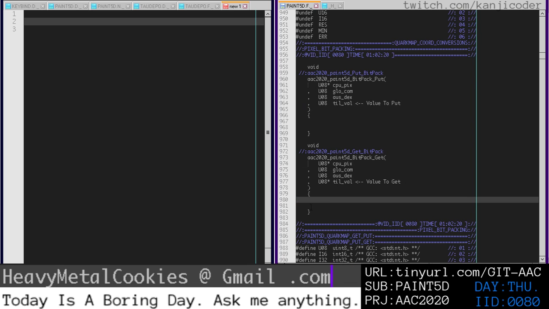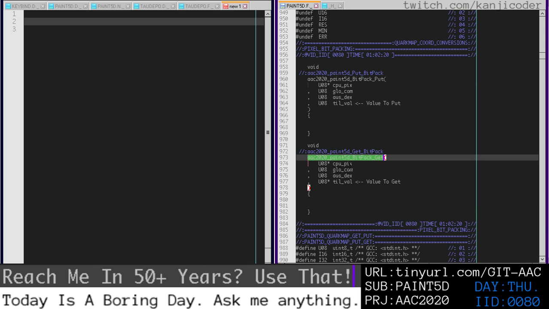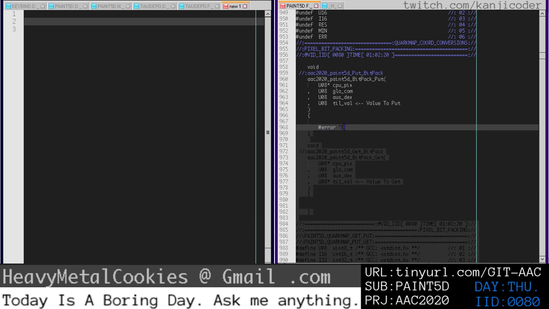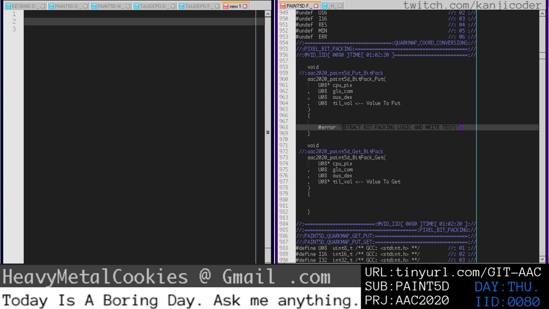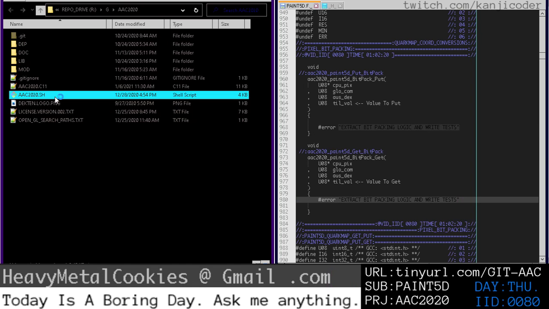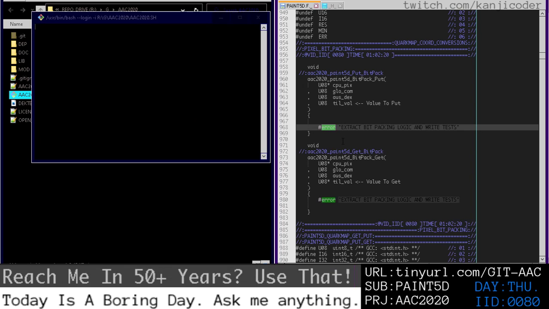Yeah, so this is kind of what I'm thinking of, that we have a put function and a get function. And we do our bit packing kind of logic here. So error, extract bit packing logic. So we're going to try to extract the bit packing logic and do tests. And let's make sure that it compiles. What we're going to wait for is these errors to be triggered. Once they're triggered, we're going to